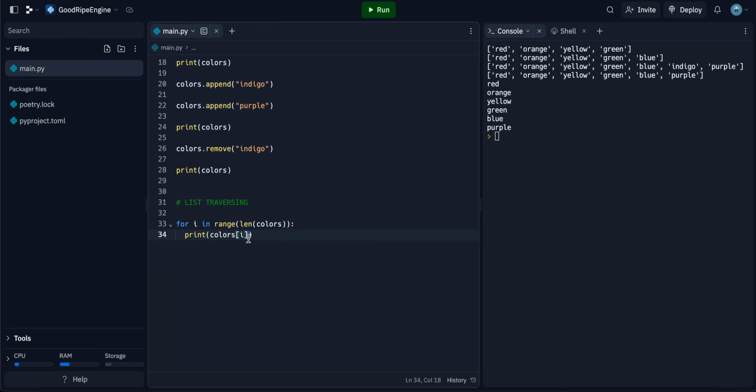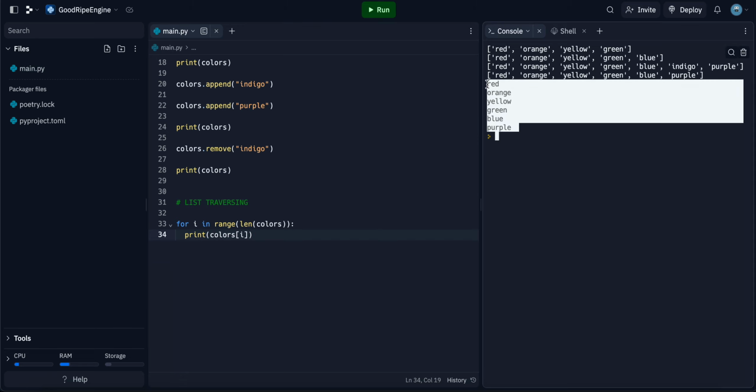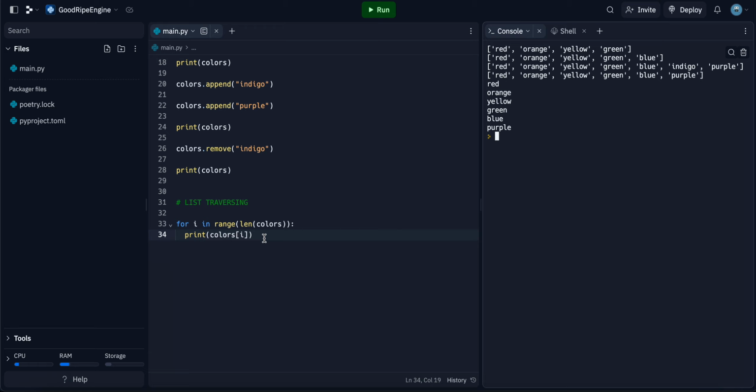That lines up with the indexes of the list that we need to traverse. So when we print colors index i, that's going to print all the items inside the colors list. Now, that does look a little bit complicated,